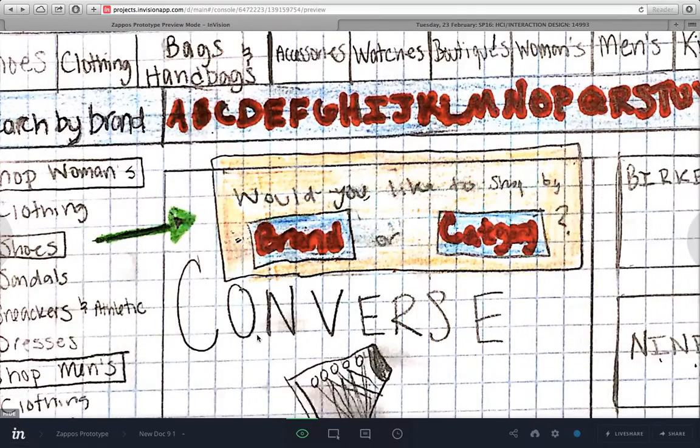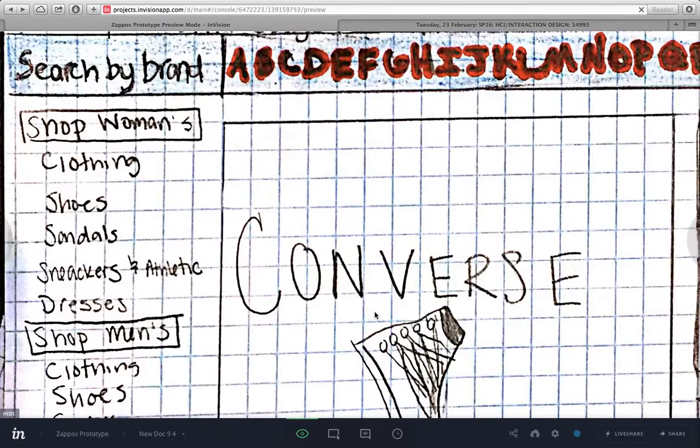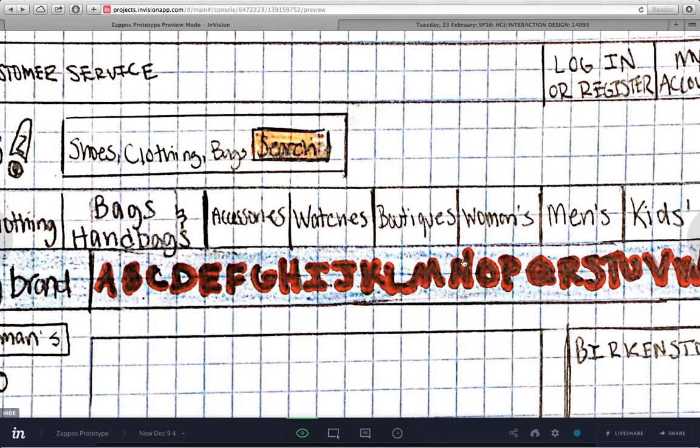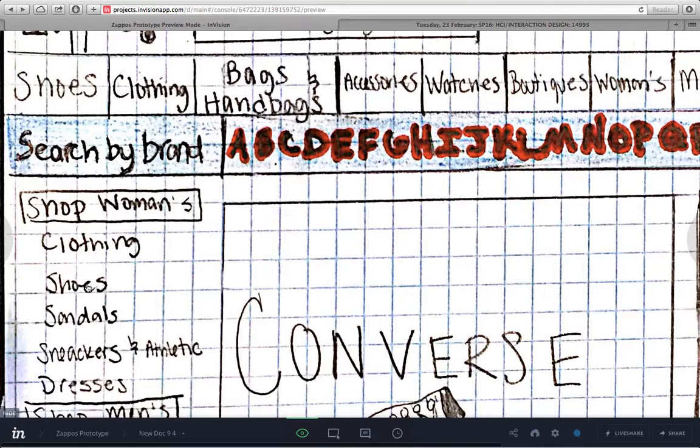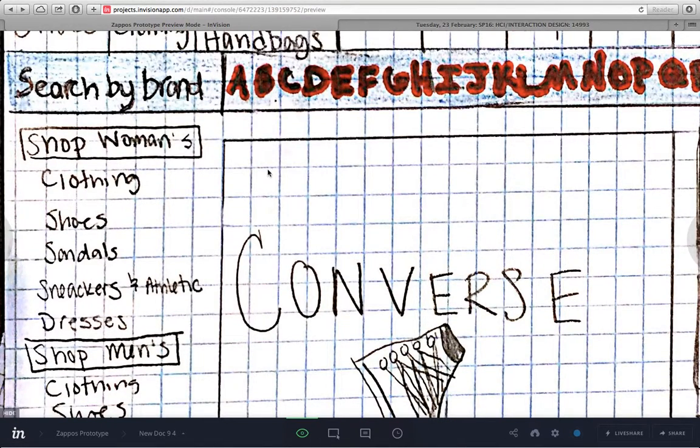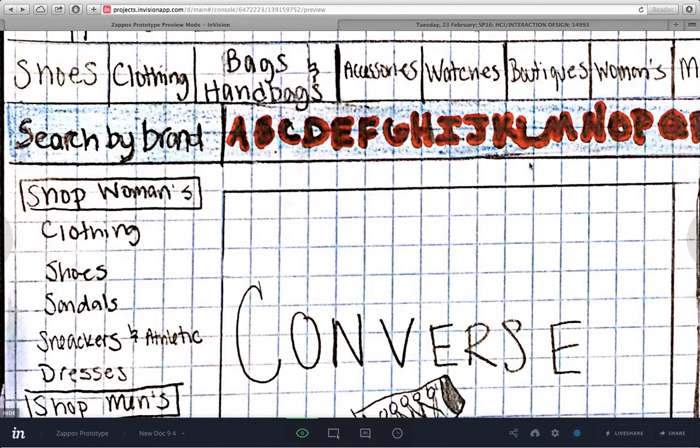And then if you go back to the home page, right here, instead of going through women's and shoes, you are now able to search on the brand index line, which you could before, but now it's a lot bigger and a lot more out there and noticeable for the user. And what I hope to gain from this is that the users, when they first go on the home